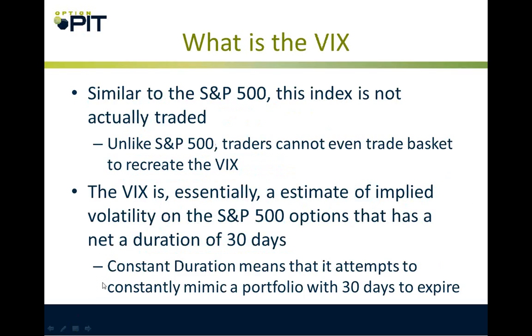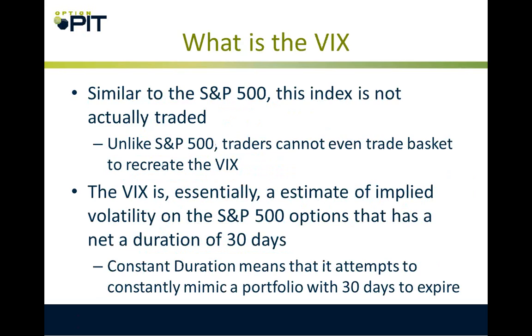Similar to the S&P 500, the VIX index is not actually traded. There's no way to go out and say, buy me the S&P 500 index. Now, you can buy futures on the index that expire into cash that track at an extremely high level. You can buy spiders, which track a little bit worse, but also track well. You can buy a basket of stocks that will track the S&P 500. But you can't just go out and say, buy me the S&P 500. Everything has some sort of little management thingy. It's not like buying stock where you just buy it, pay a commission, and you're done.